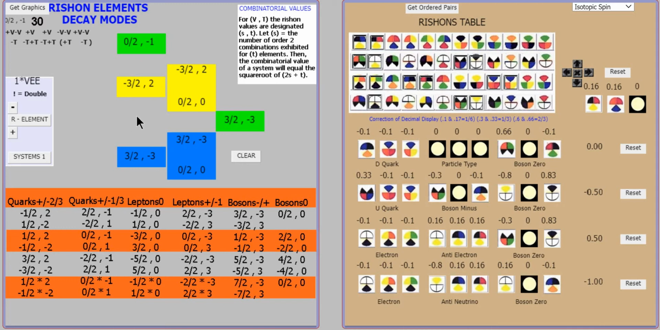Now, this ordered pair also, if we want to represent the emission of this Higgs boson with it, requires another representation to show a V and anti-V dual relating rishons interact with a D quark,